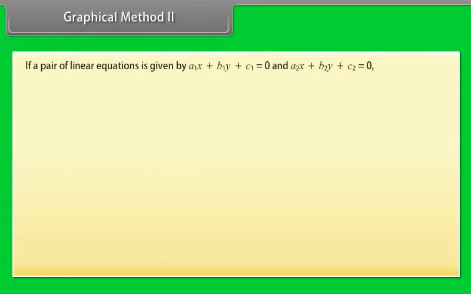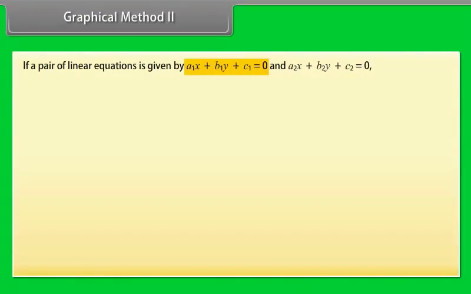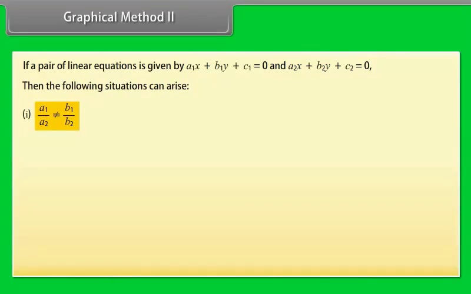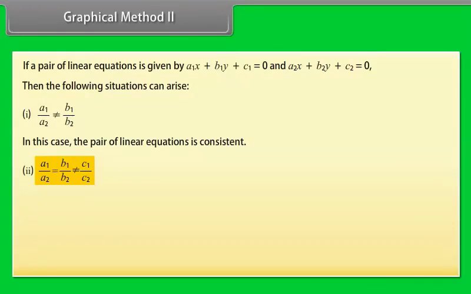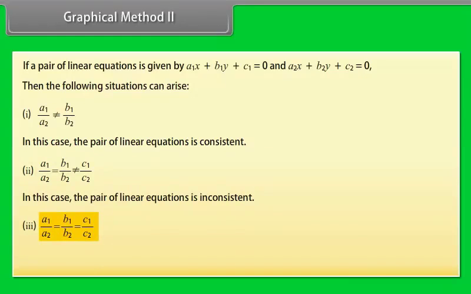Graphical method 2. If a pair of linear equations is given by a1x plus b1y plus c1 equals 0 and a2x plus b2y plus c2 equals 0, then the following situations can arise. 1. a1 upon a2 is not equal to b1 upon b2. In this case, the pair of linear equations is consistent. 2. a1 upon a2 is equal to b1 upon b2 is not equal to c1 upon c2. In this case, the pair of linear equations is inconsistent. 3. a1 upon a2 equals b1 upon b2 is